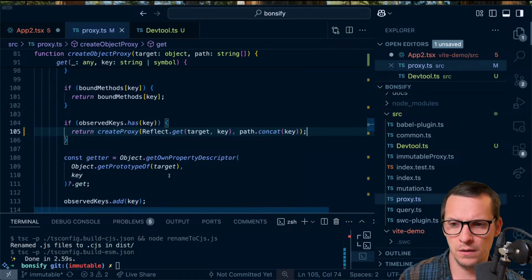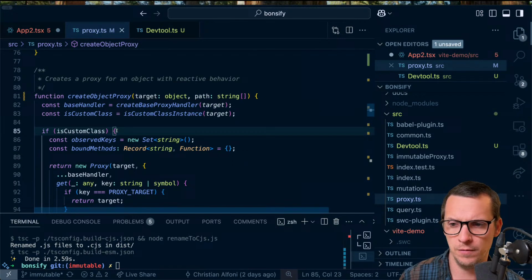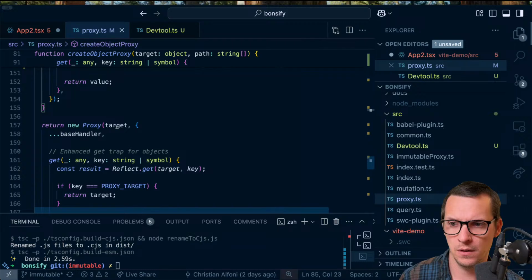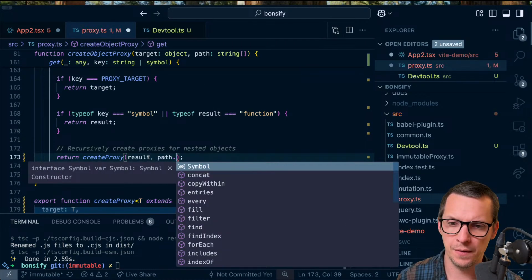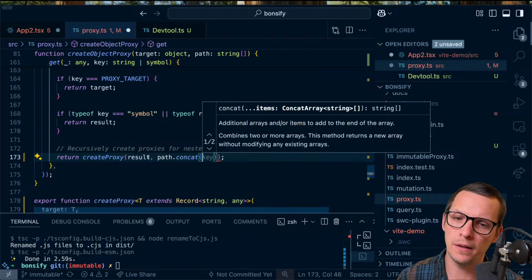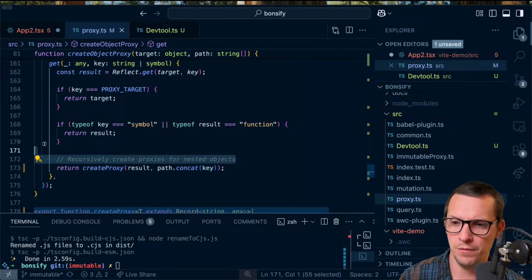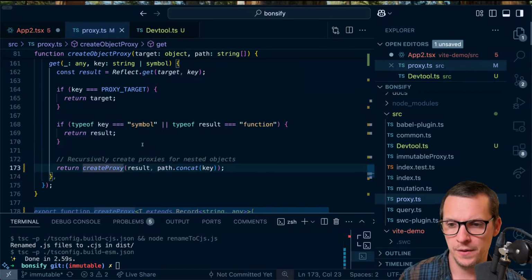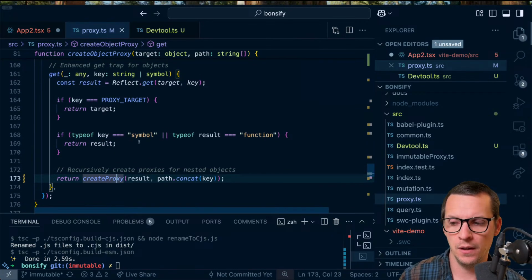And there's another thing here. If it's custom class. Yeah, sorry. So we also have path concat key. Yeah, recursively create proxies for nested objects. Cool. So now we're accessing something. Now the kind of tricky thing here is